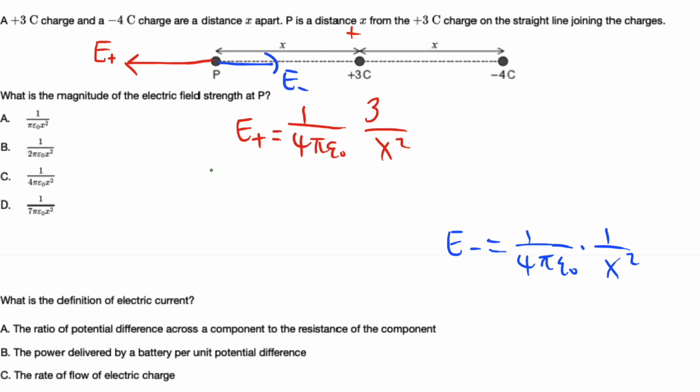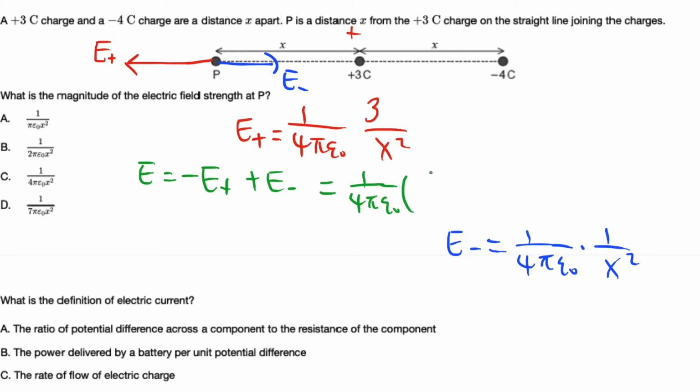So the net electric field is gonna be equal to negative E plus E. So sorry, it should be equal to negative E plus E, which is just gonna be equal to, so take the common term out here,